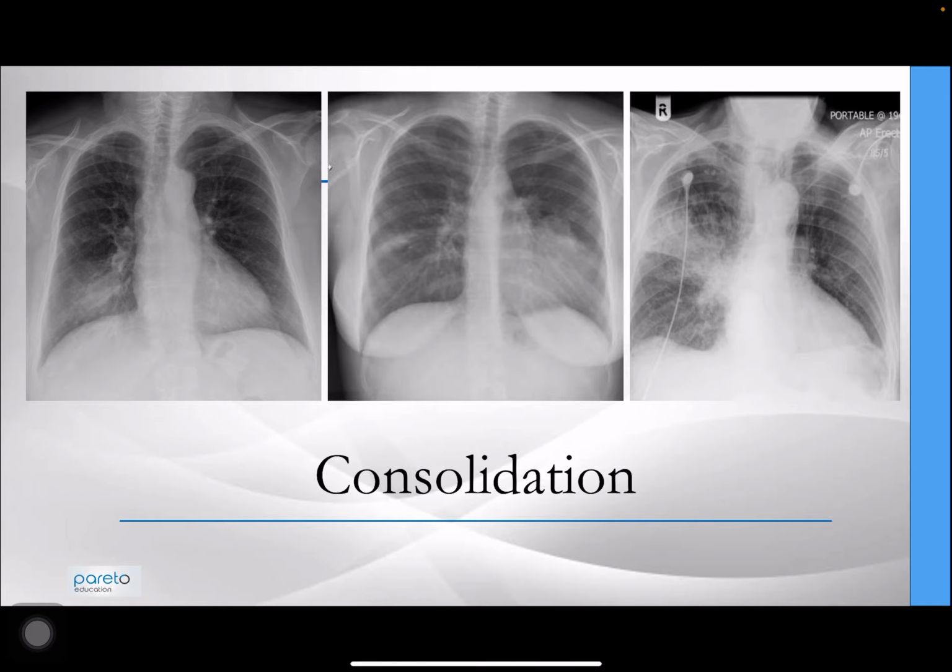We're going to start off with consolidation. Consolidation is probably a fan favourite from examiners and also clinical practice. You'll see it so many times. And consolidation is as a result of fluid that occupies part of the lung parenchyma, hence why it produces this fluffy-like picture. And it can be anywhere really. So here it's in the right lower lobe, here it's in the left lower lobe, and here it's in the